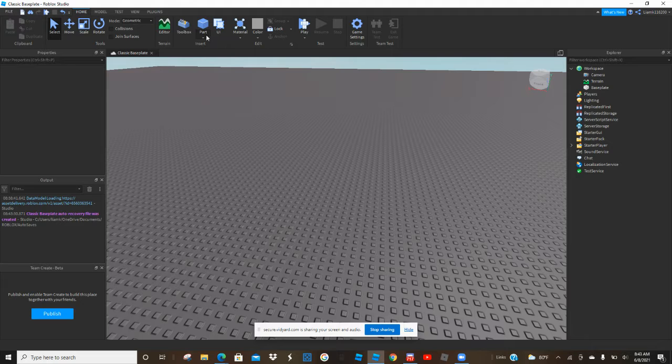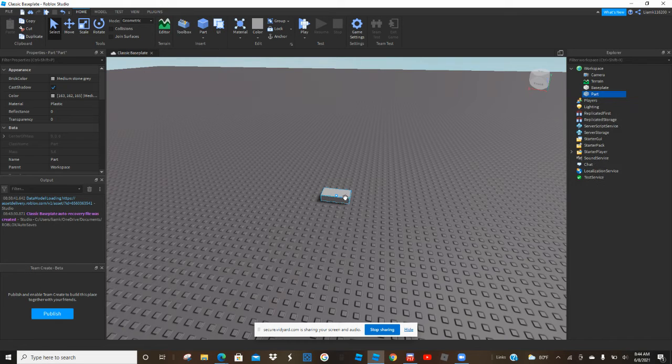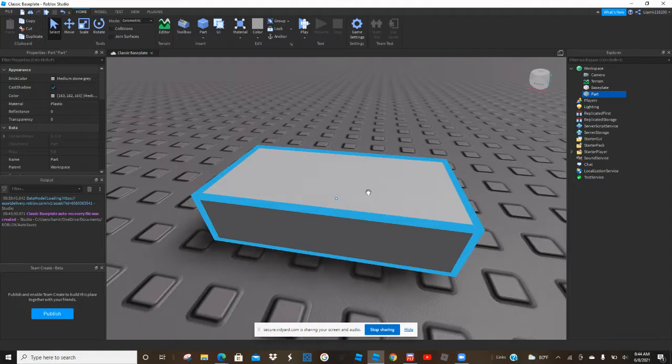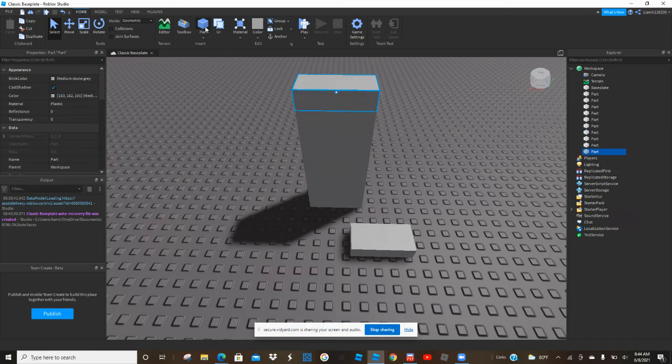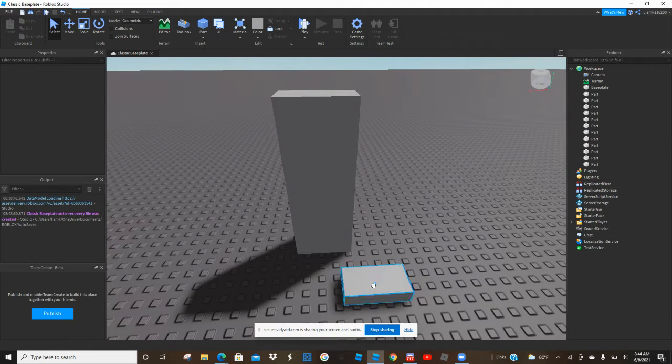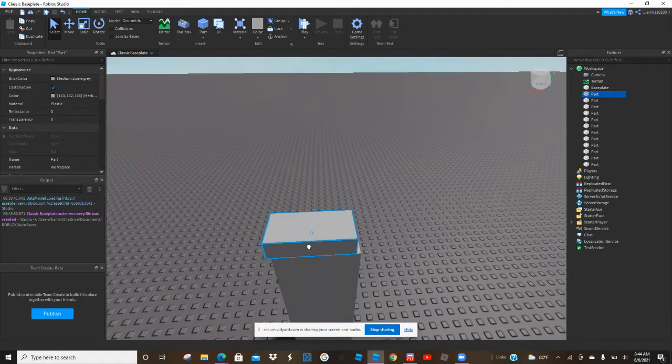So first off, there's this cube on the top. If you click the arrow, you get many options of what you want. But the most common one is a cube, but it comes out as a rectangle. I'm going to place in a couple cubes. And after I put these cubes on,